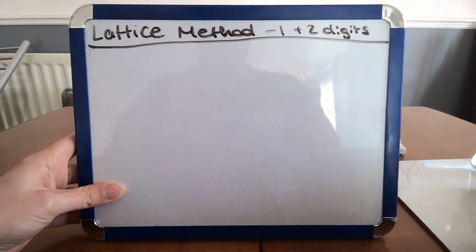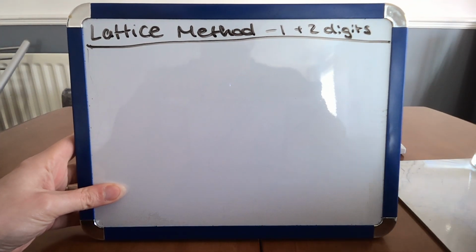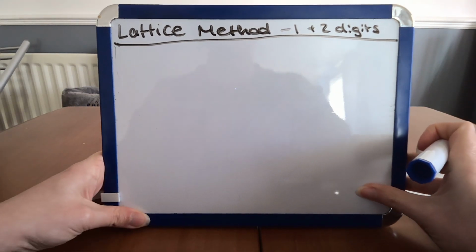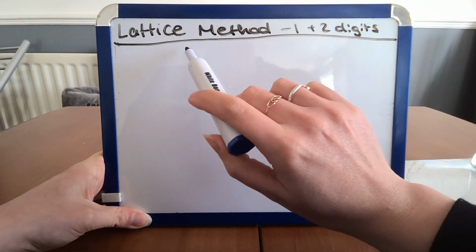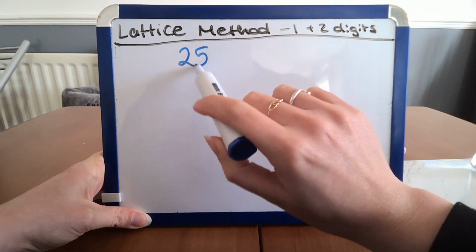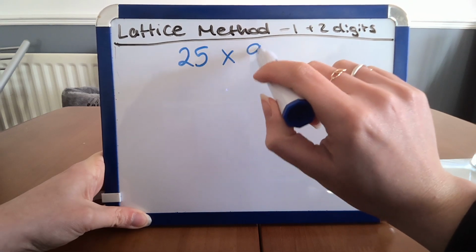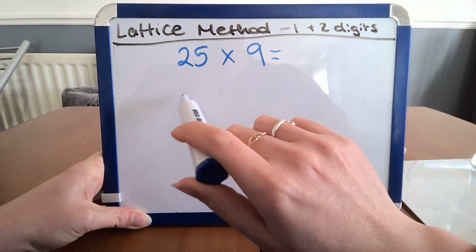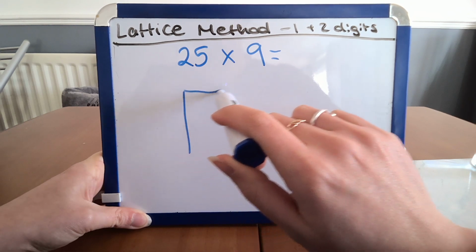This video will be going over how to do the lattice method, which is a multiplication method. We're going to start with doing 1 digit by 2 digits. So for example, if I had 25 times 9. Now because this is a 2 digit, I'm going to take my rectangle